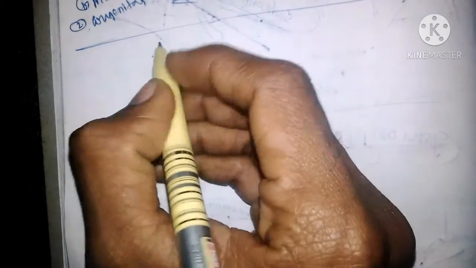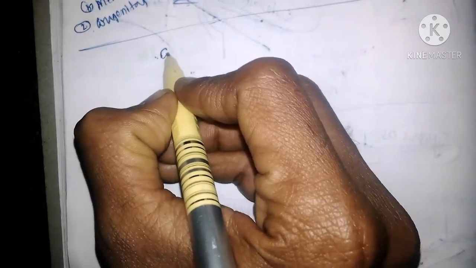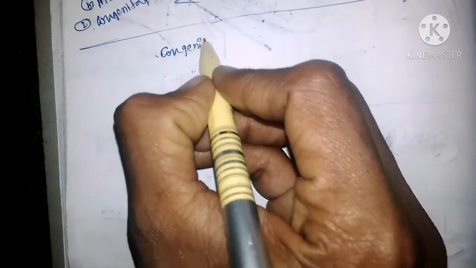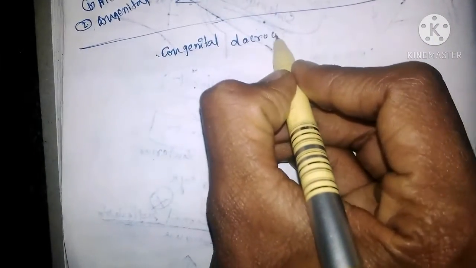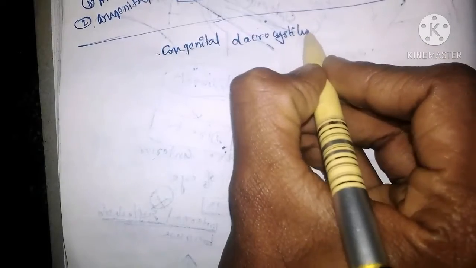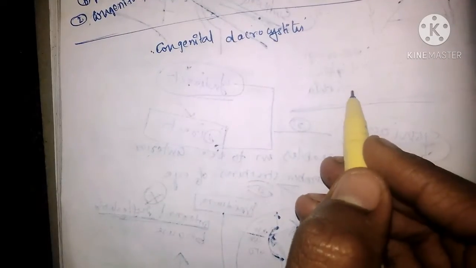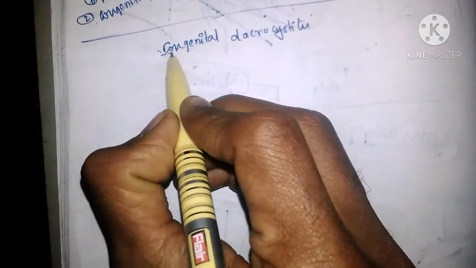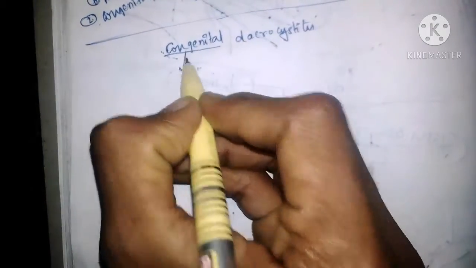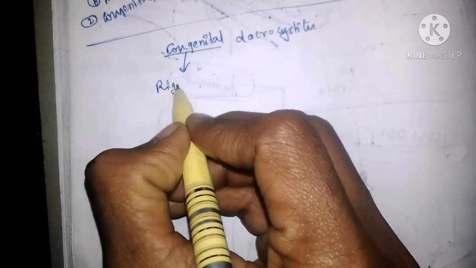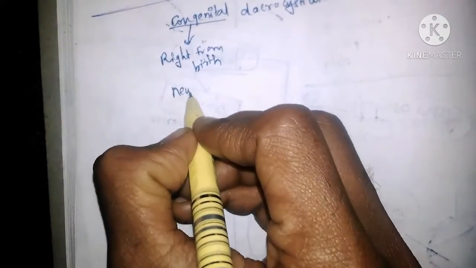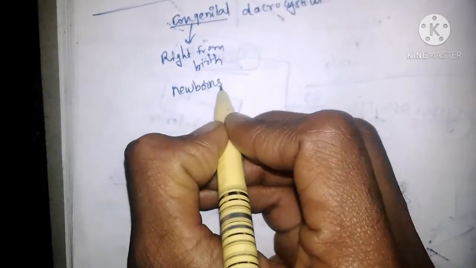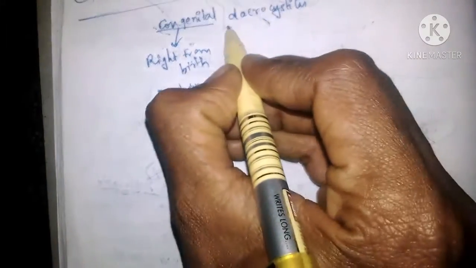Let us discuss congenital dacryocystitis. Let's try to understand the words. Congenital in the sense it is present right from the birth, or we can say it is present in the newborns. Dacryocystitis in the sense